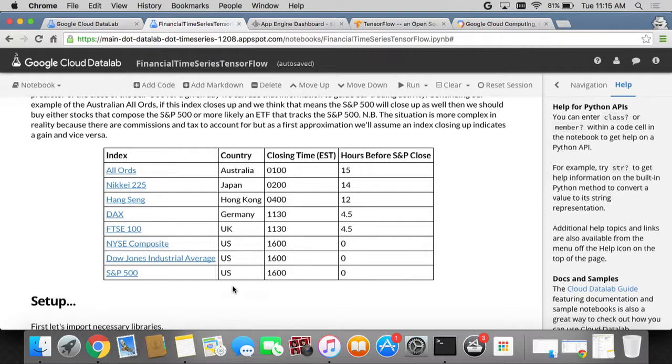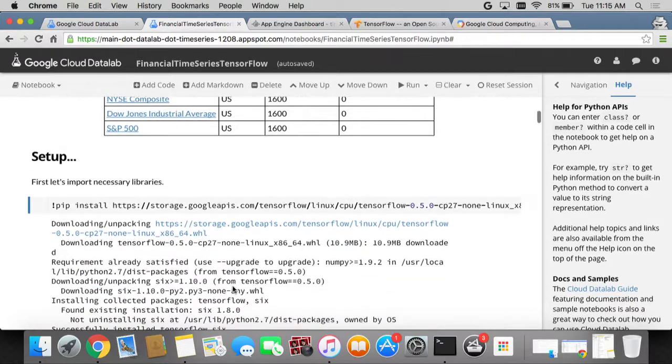The first thing we did is put all of those closing prices within our environment. You can just bring a lot of market data at scale within our environment, and we store it in something we call BigQuery.